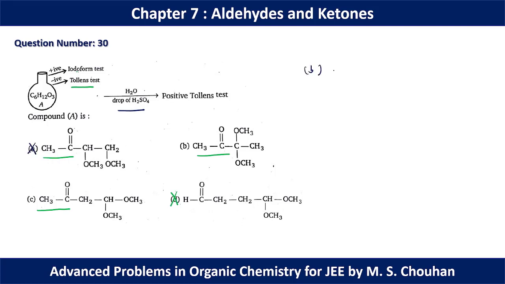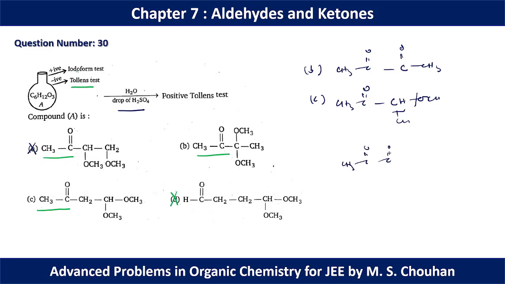If we start with B, this gives some significance because this is a case of masking, and we can have another ketone, so a ketone will not give a positive test for Tollens reagent. So option C will be our answer, because it is clear that after the demasking we can have one aldehyde present in this position. Okay, so an aldehyde can give a positive Tollens test. So for question number 30, option C should be the correct option.